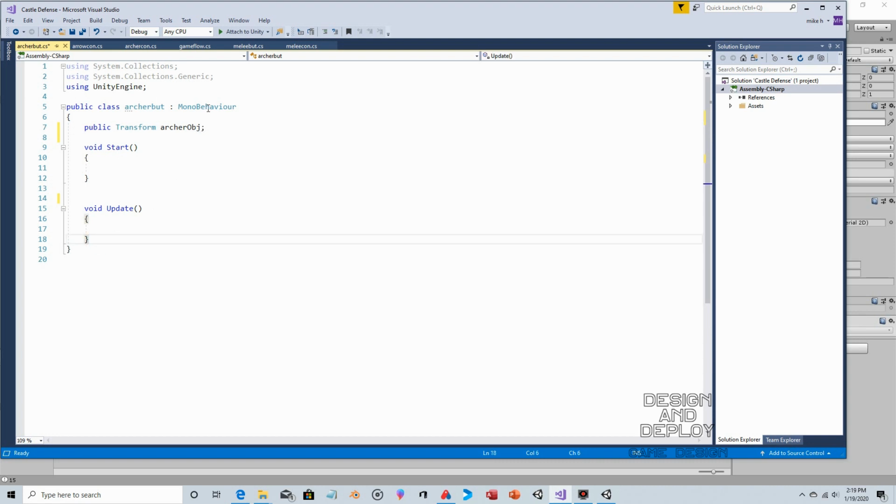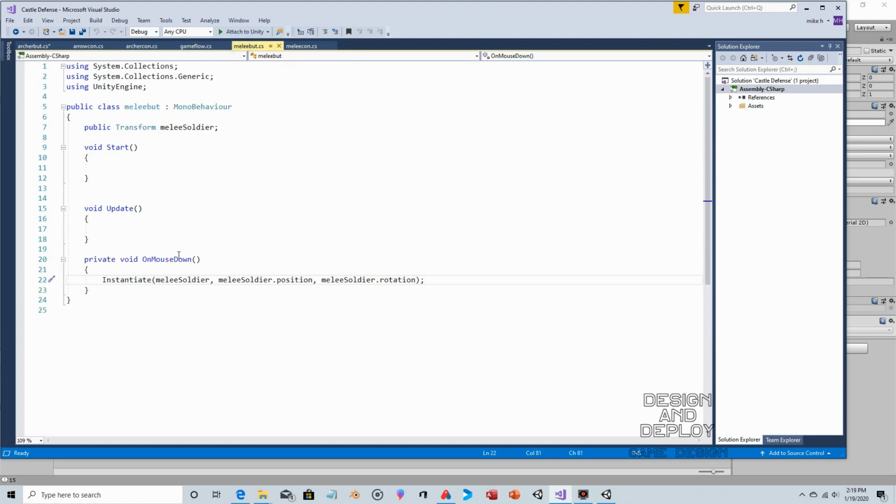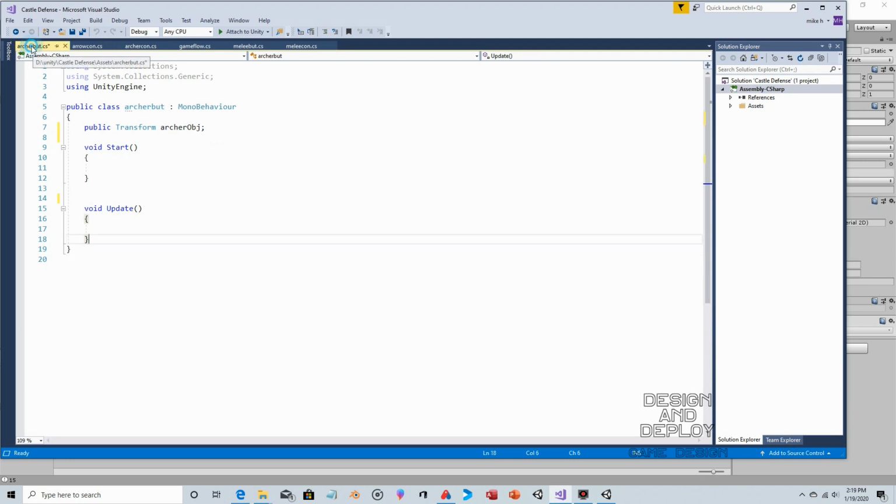And let's go to our melee button. See, I didn't do that with the melee soldier. I should have mentioned that. But again, it's subjective. You don't have to do that. I would just copy and paste this, but we have to change most of it. But again, this is what we're going to do. We're going to do the mouse down. So for our archer button,